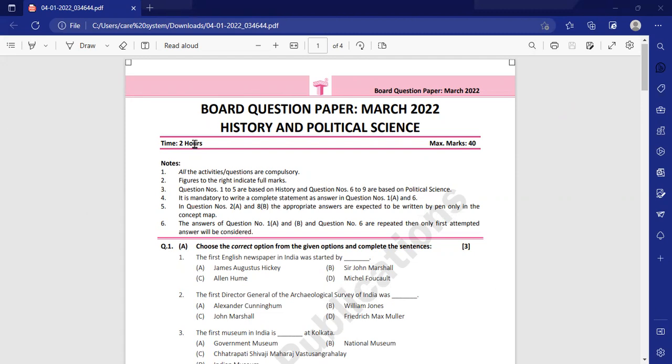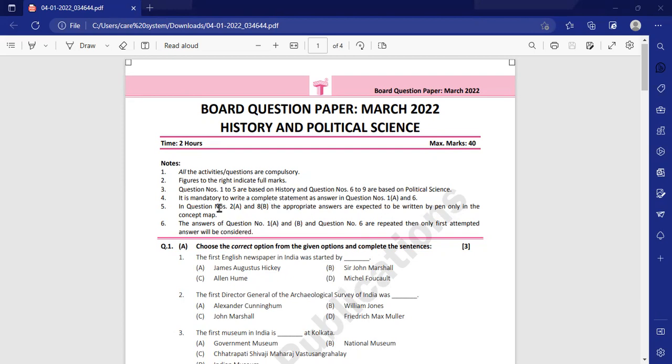Here you can see. Question 1 to 5 for history and 6 to 9 for PS. That is political science. Means 1 to 5, 28 marks and 6 to 9, 12 marks. It's mandatory to write a complete statement as answer in question number 1A and 6. That is question 1A, fill in the blanks of history, and question number 6, fill in the blanks of political